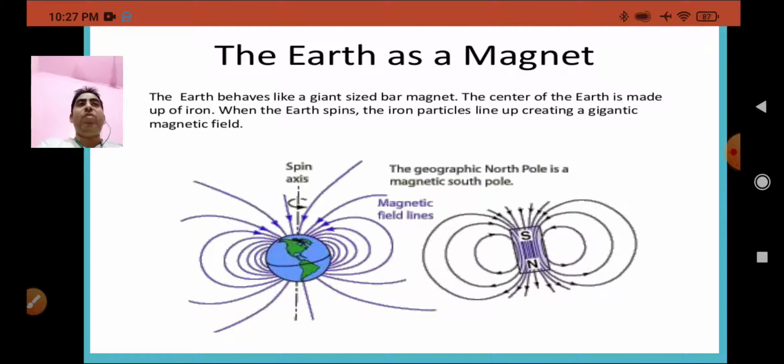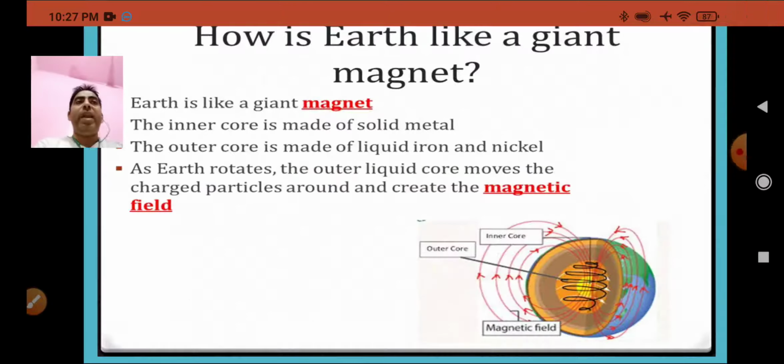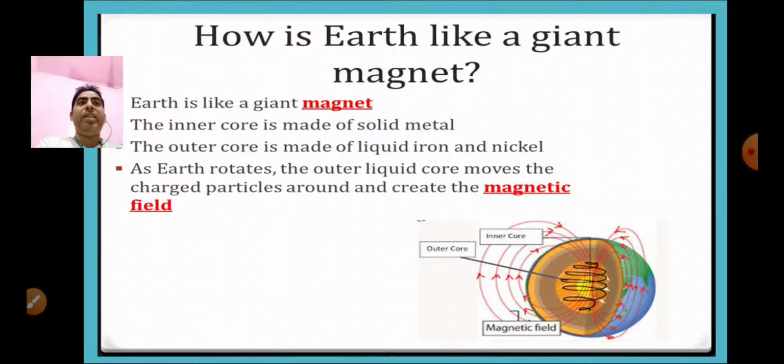It is explained by one theory, the theory of earth's magnetism, that is the dynamo effect theory. The earth gets its own magnetic field lines because of the presence of metallic fluid in the outer core as well as in the inner core. The outer core consists of molten iron while the inner core has solidified element.